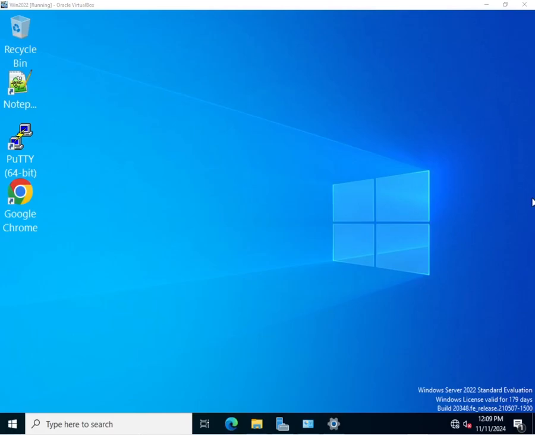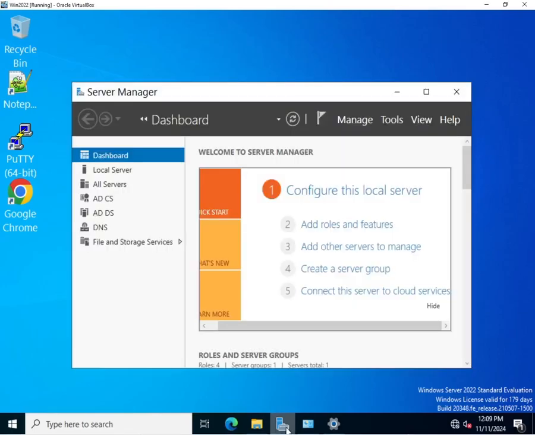So I do have my Windows server up on the screen, and the first thing you need to do is to install Active Directory. However, I have done that, but I'll just show you how you go about it briefly. So as you can see here, I have it here, AD. In order to install it, you just go here to